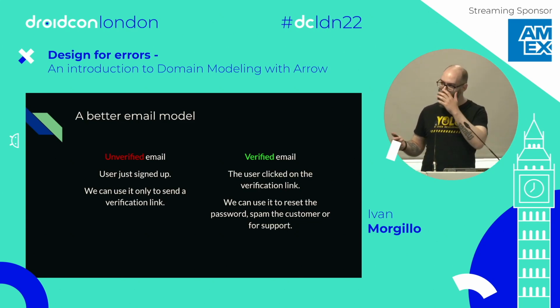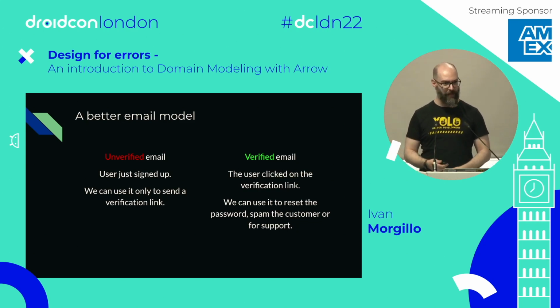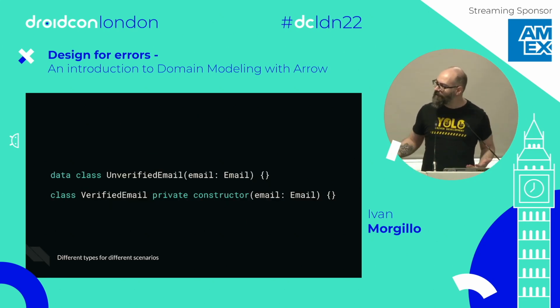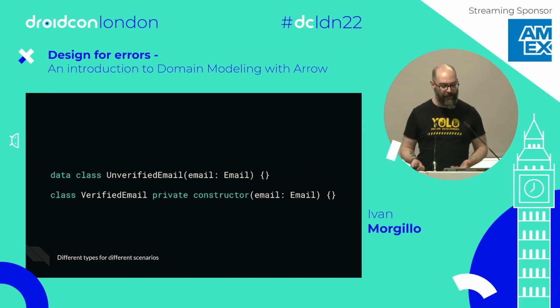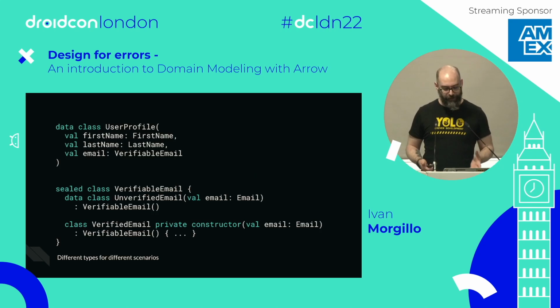So these two completely different use cases deserve two different types, because I want to be helped by the compiler. The compiler doesn't know true or false or whatever. It can't help me. So I want types. And this is pretty basic. So I build an unverified email. I put an email in it, because I don't want to use the string, so I know how to do that. And then there is this verified email that has a private constructor, because the verification has to go through